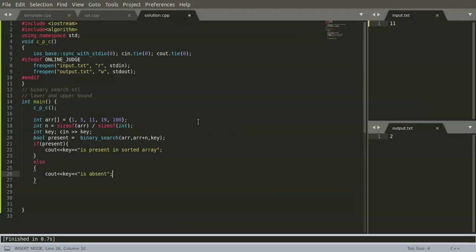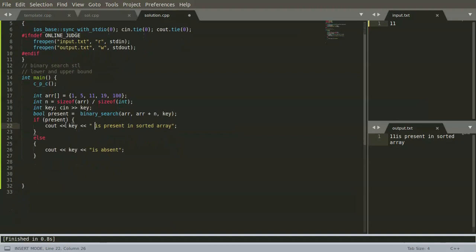We are expecting that it will say the key is present in our sorted array. Okay, so let's see. So we are getting that 11 is present in our sorted array. That is according to our expectation.